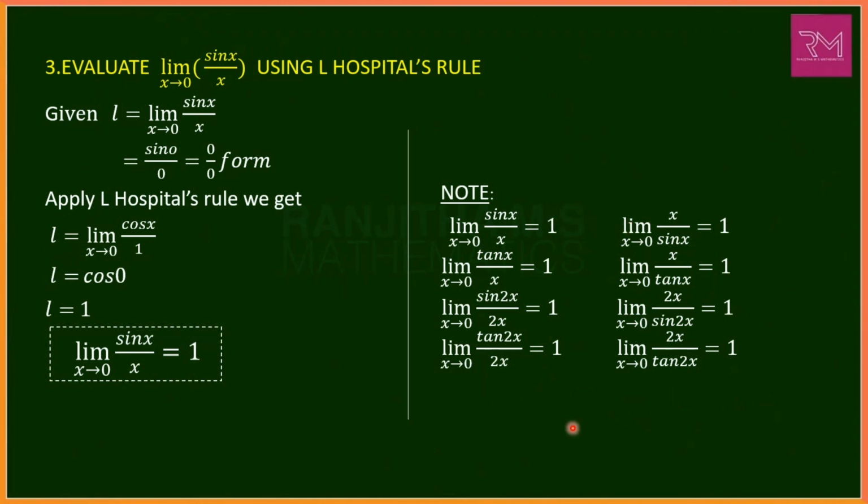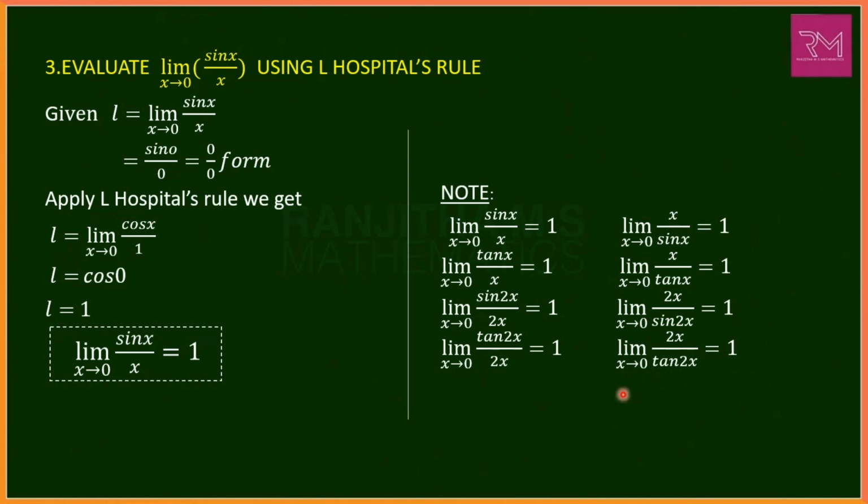Hence this is a standard formula, so we have to remember this formula, that is the limit value of this form with coefficients same as denominator. We get the value which is equal to 1, that is sin x by x as x tends to 0 which is equal to 1. Similarly 2x by tan 2x, here the coefficients are same, that is numerator we have coefficient as 2x, here also 2x. If the coefficients are same with limits as x tends to 0, the value is always equal to 1.